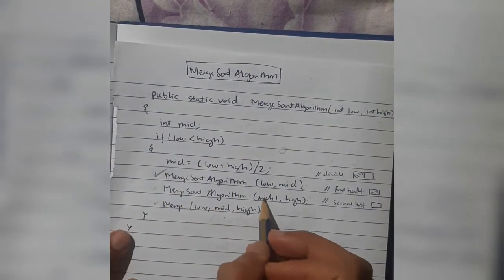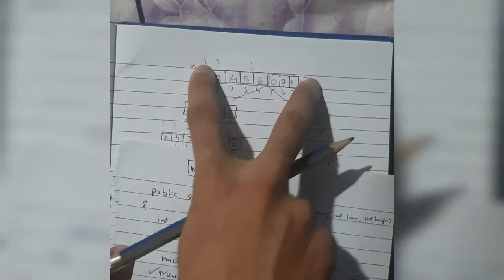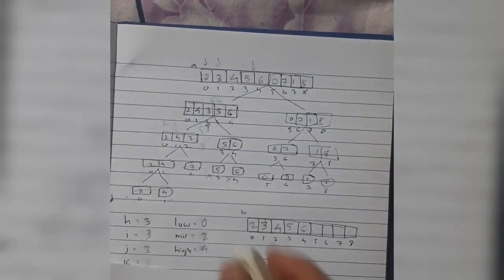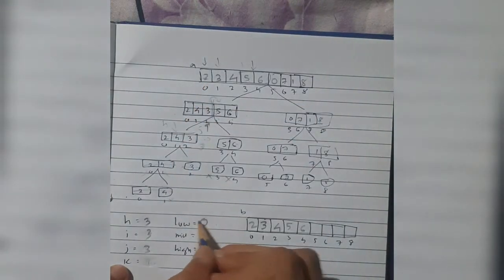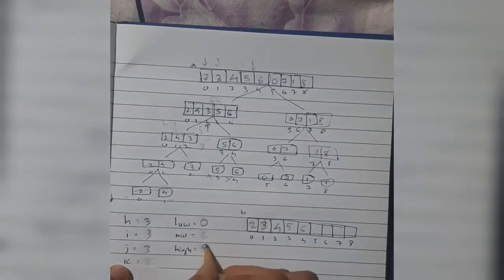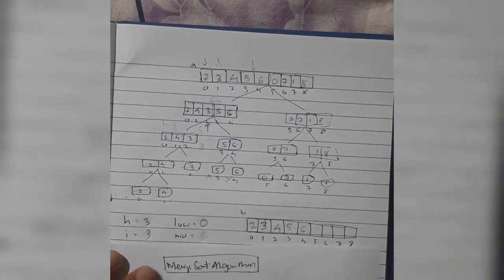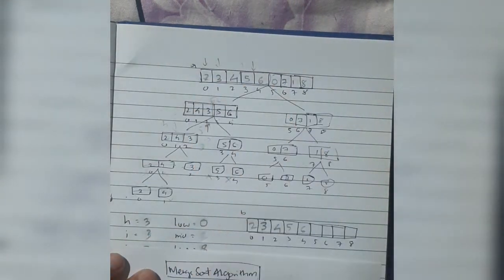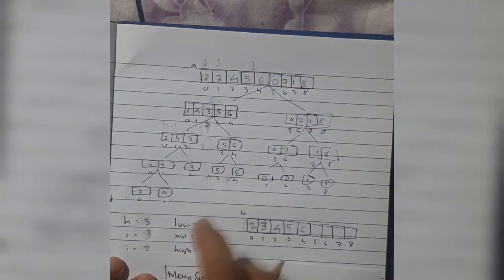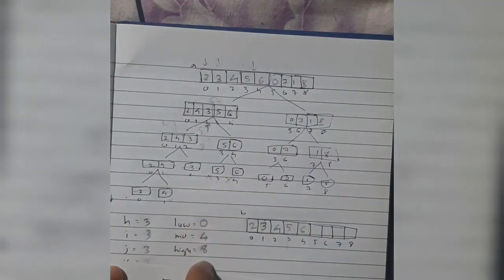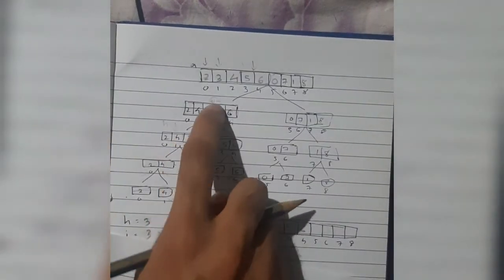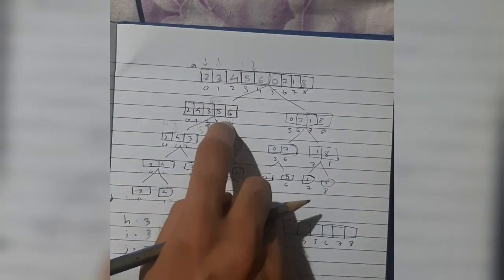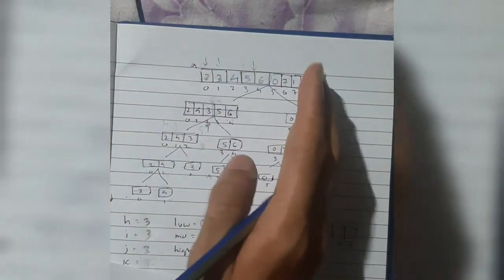Here we will be passing the mid plus one and high. When we are under this array, what are the values of mid and high? Okay, low was 0, high was 8, and mid was 8 plus 0, 8 by 2 is 4. Now in this array, with these values, we had executed the first line of code, which was this part. Okay, so this part is over now. We'll be moving on with the second half.